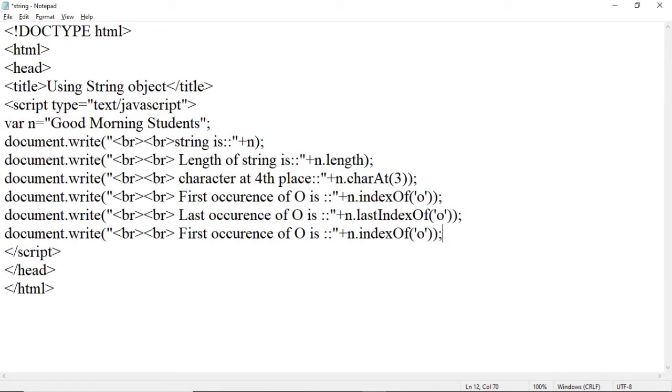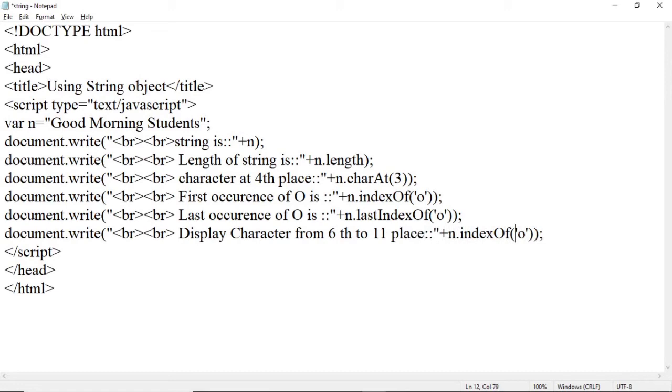So the text is to display characters from 6 to the 11th place.